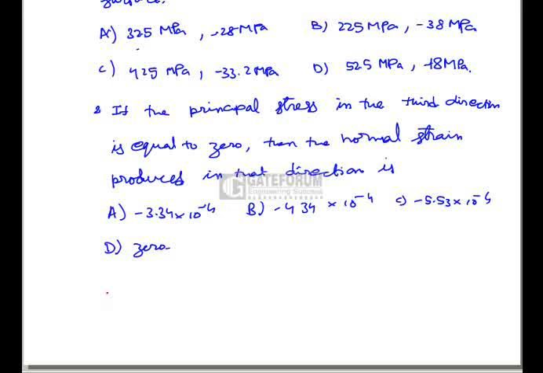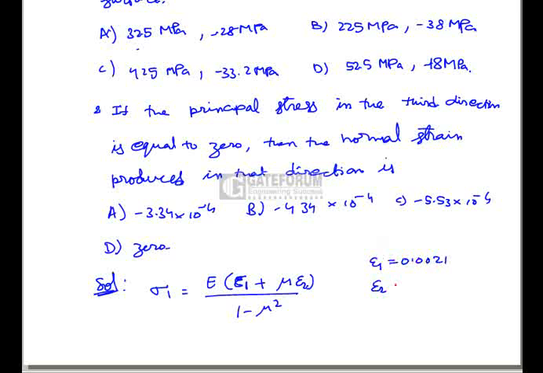So coming to the solution, here they gave directly the principal strains, that is epsilon 1 and epsilon 2. From these principal strains we can get directly the principal stresses by using the equation sigma 1 is equal to E into (epsilon 1 plus mu into epsilon 2) by (1 minus mu square), where epsilon 1 is equal to 0.0021 and epsilon 2 is equal to minus